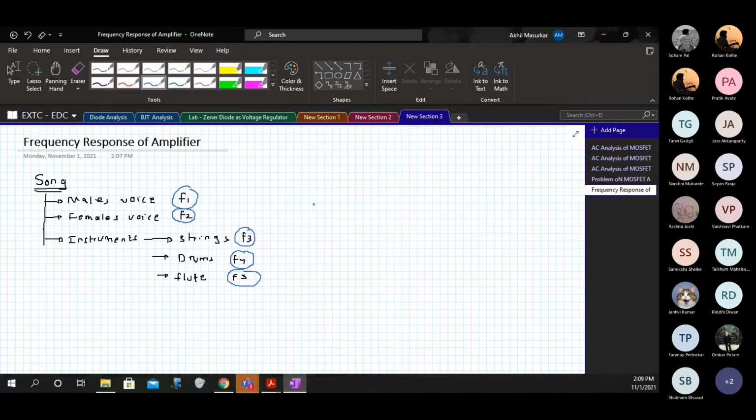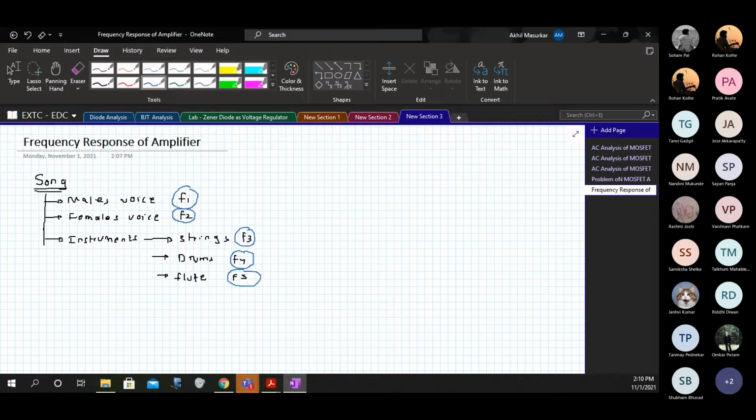Another example could be, many times when we talk on the phone with our friends, we say hello and start talking, and the person on the other side will ask, who's this? And then you tell him, I am your friend. So why does this happen? Because certain frequencies in your voice are not amplified by the system of the person who is receiving the signal. And that is where we need to do a study of the frequency response of the